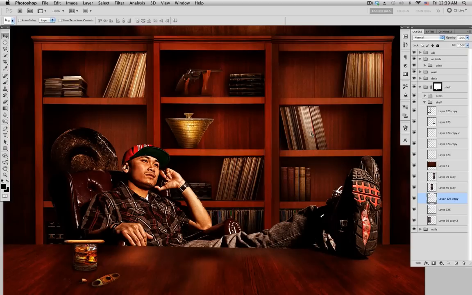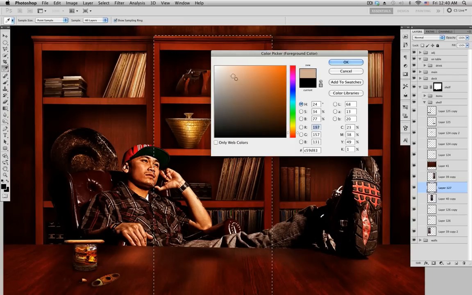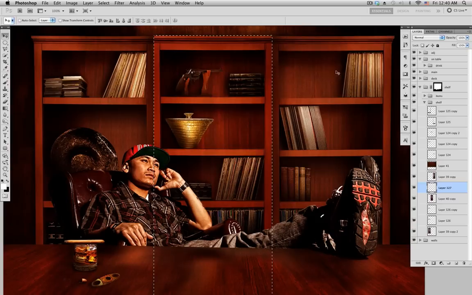kind of the same way you do with the shadows, but instead of filling it in with black, you fill it in with white. So let's say the middle shelf right here, with that selected, Command select it, it will select the whole thing, create a new layer on top of it, and instead of filling it with black, fill it with white. Click OK. Shortcut Alt Delete,